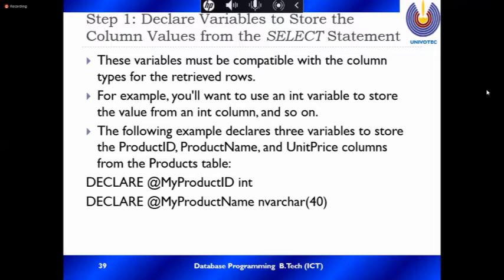If you give a space in the product name, that is also a character, then you can count. Then it also matches the product name. Sometimes in the product name you assign varchar 20, but now you assign here varchar 40. It wants to match the same data type and number.